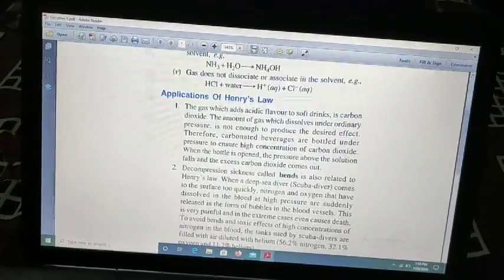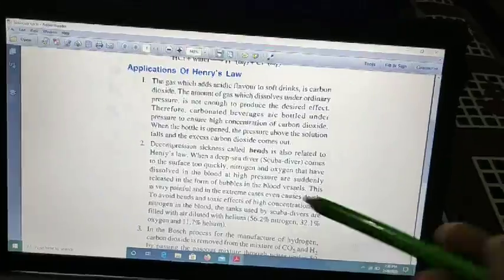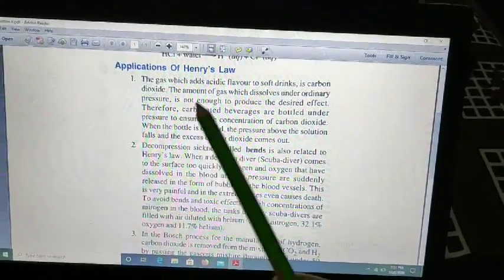Now we will see the applications of Henry's law, which are very important. That means where it is applied. The first application you will find in the